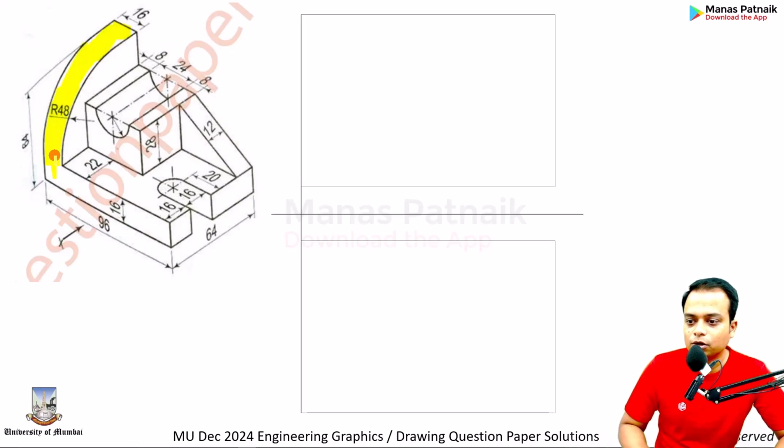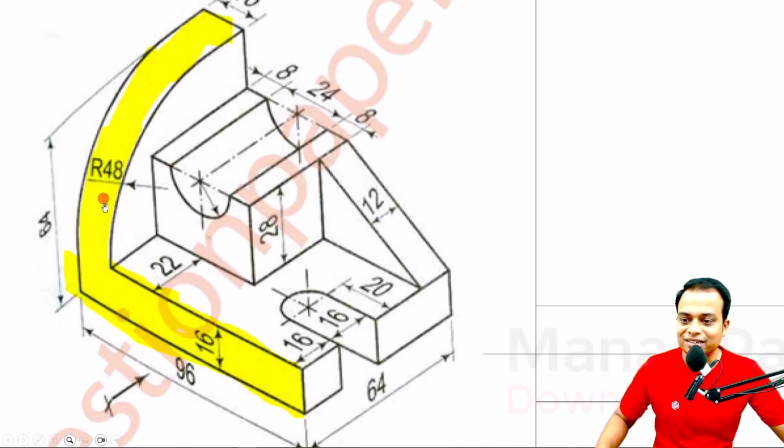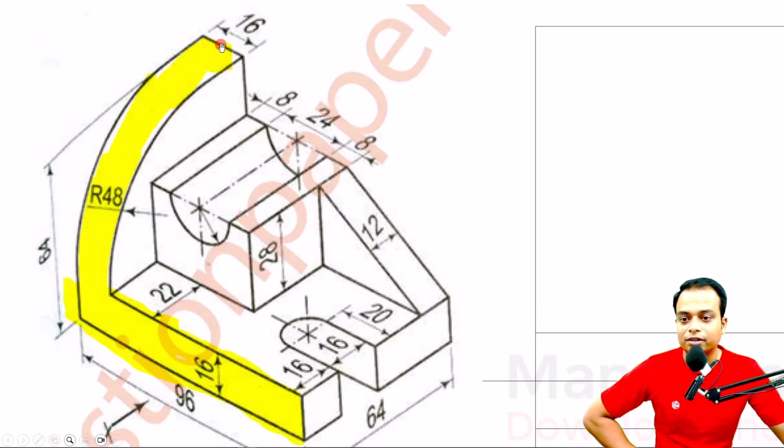In the front view, you're going to see this. Please observe the yellow portion that I'm marking. This is what you'll see. Okay. Yes, I know very well this is a curve over here, a sort of an arc, quarter circle you can say, which has a certain amount of thickness, width,